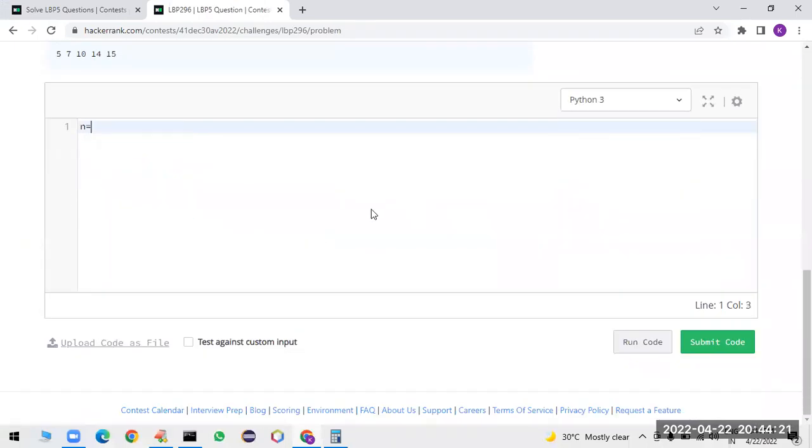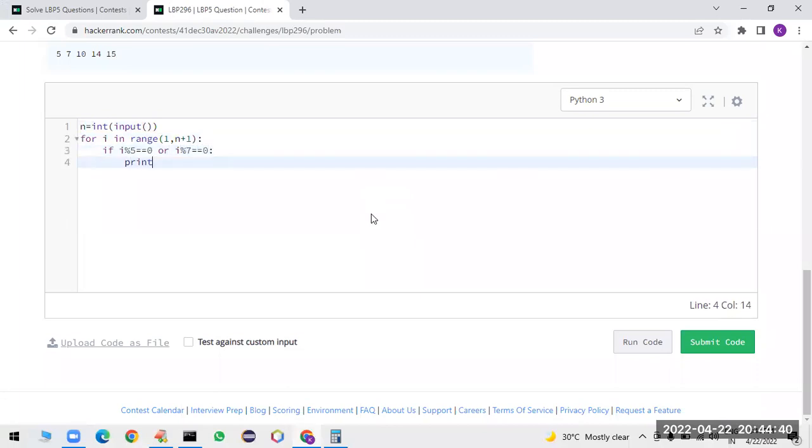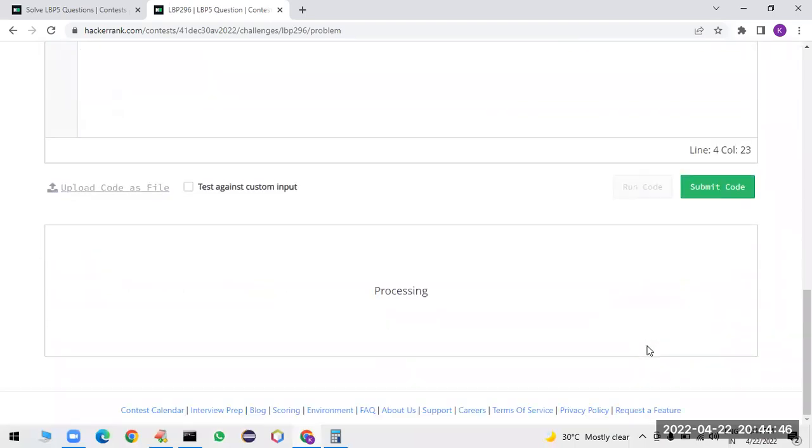Okay, sir, n is equal to int of input. Now for each i value in the range of 1 to n plus 1, including that number, if i % 5 is equal to 0 or if i % 7 is equal to 0, then we have to print such numbers, and you need to take end equal to space. That's all. It will print all the values